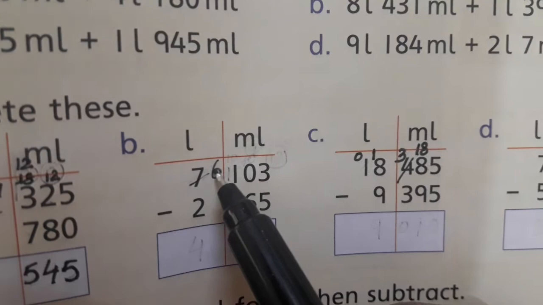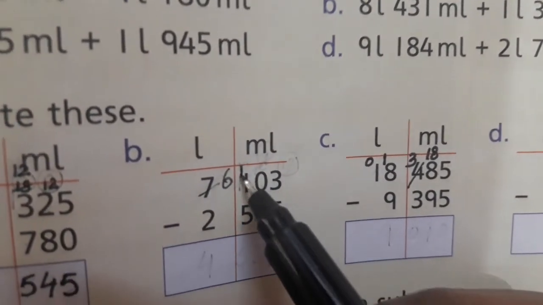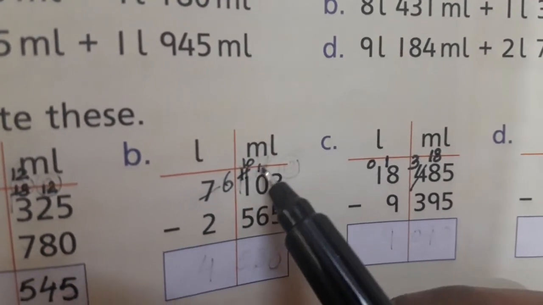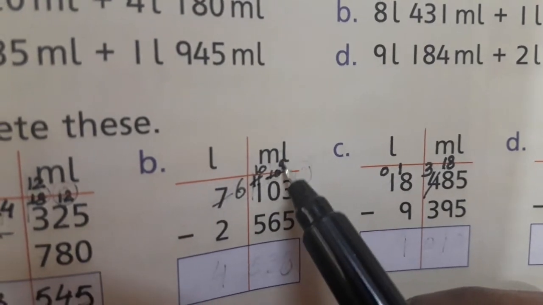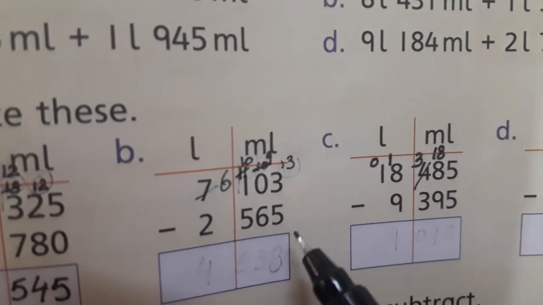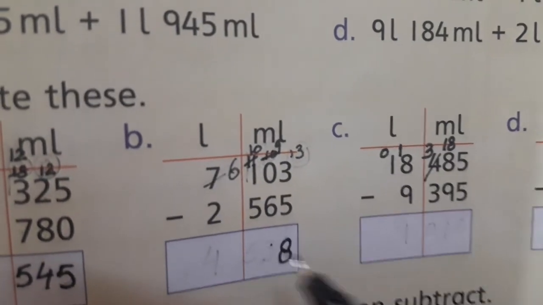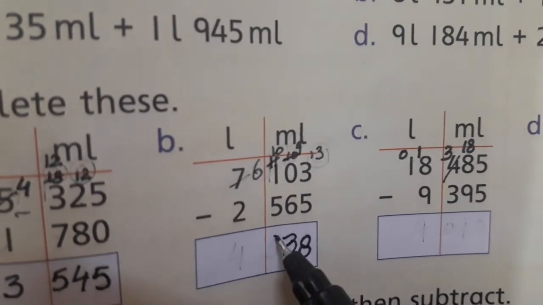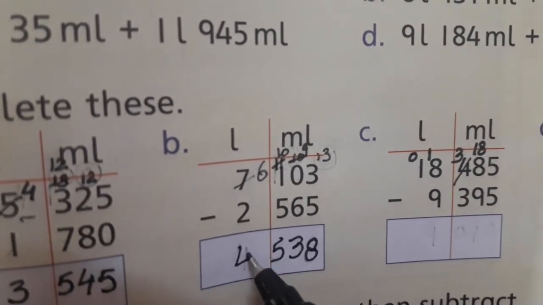It will leave 6. It will become 11. First of all, it will become 11. And when we take carry, it will leave 10. It will become 10. And then we will take carry from this side. So it will leave 9, and it will become 13. 13 minus 5 is equal to 8. 9 minus 6, how many? 3. And 10 minus 5 is equal to 5, and 6 minus 2 is equal to 4.